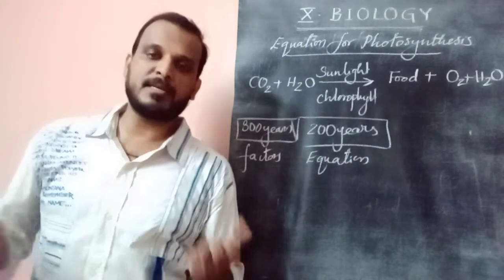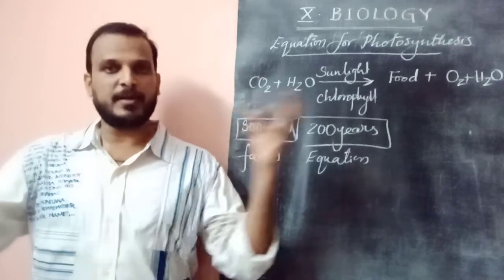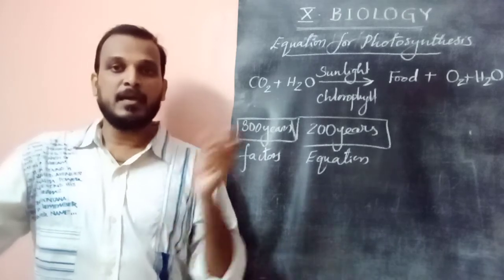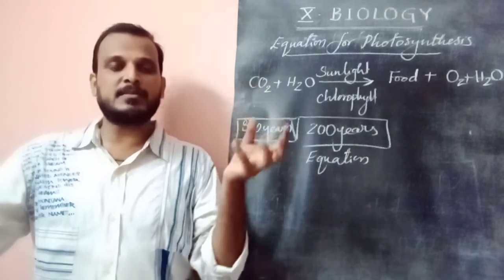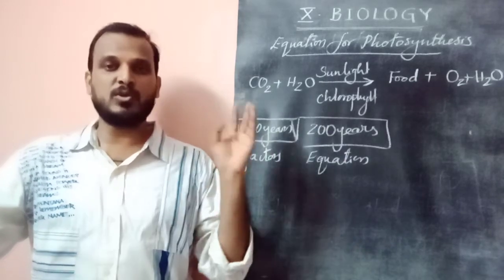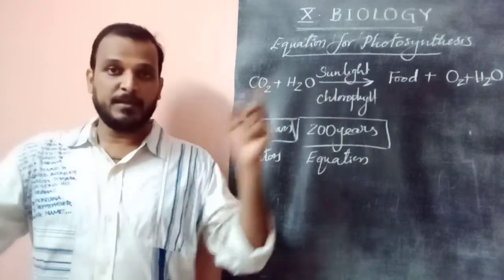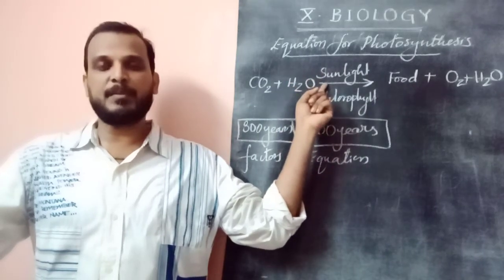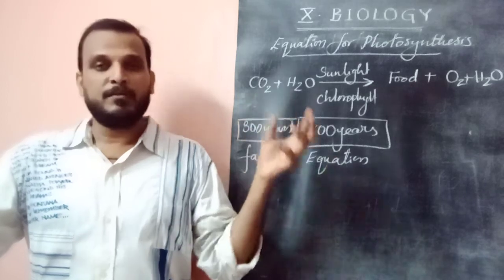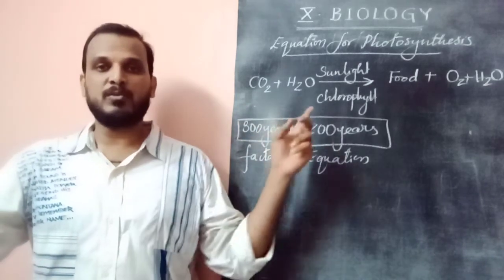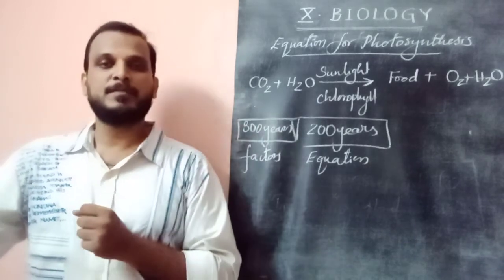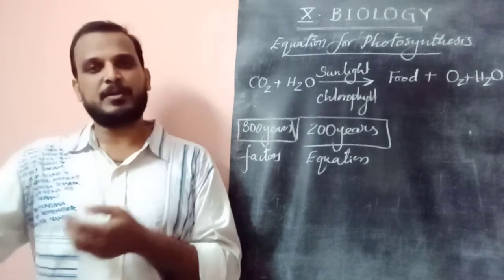Why did it take so much time to formulate the equation? We are writing it very simply, we are understanding it very simply. The thing is, the importance of carbon dioxide was discovered by one scientist by doing some experiment. He didn't know the importance of other factors. The importance of sunlight was given by Jan Ingenhousz. The importance of carbon dioxide was given by Mr. Moll, the scientist called Moll. The importance of water in plant growth was given by von Helmont. Like this, different scientists gave their importance.